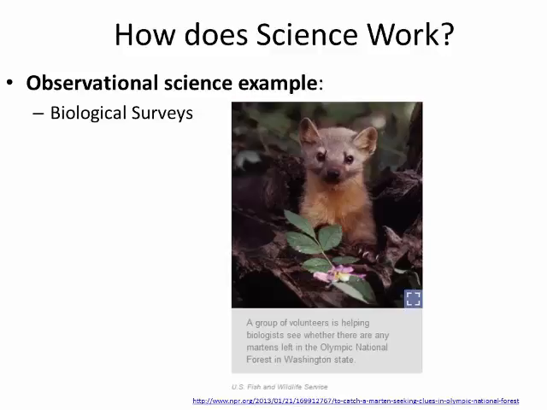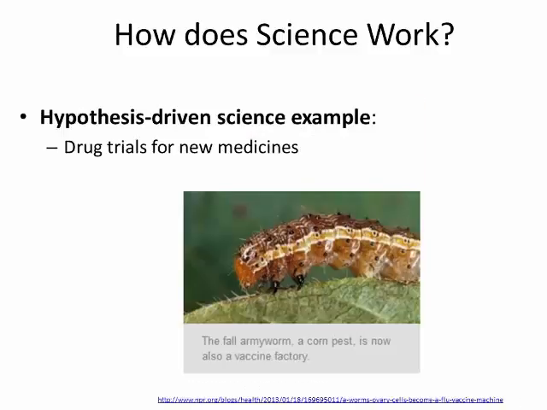Volunteers put cameras in the forest to try to determine where the martens were concentrated, in hopes of ultimately determining the size of the population in the region. An example of hypothesis-driven science could be any experiment in which variables are manipulated in an environment to better understand a subject being studied. For example, drug trials of new medicines are hypothesis-driven science. In such trials, there is a random sample of individuals who are given varying concentrations of a drug or a placebo. The picture here shows a fall armyworm, which through hypothesis-driven science was discovered to be capable of replicating vaccines